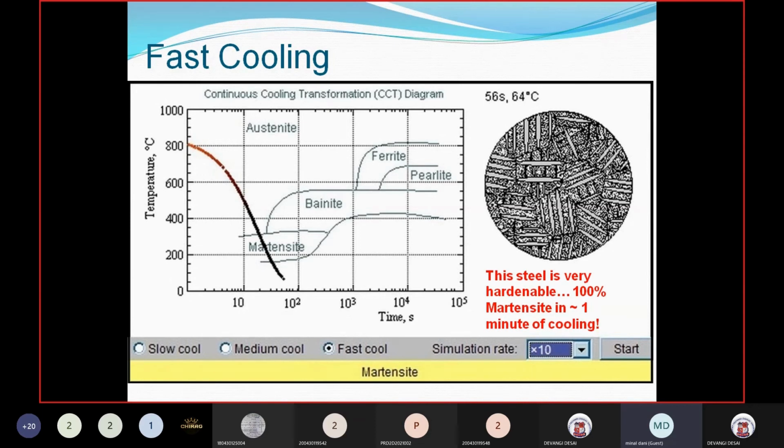So with just a change in the cooling cycle, we are achieving this, and this phase, martensite, is very hard and brittle with the BCT crystal structure. Martensite itself is very hard and brittle. So if you use any component after hardening, you cannot use it, because it is very hard. Once you do a machining operation, it will totally break into two pieces. So for that you need tempering.